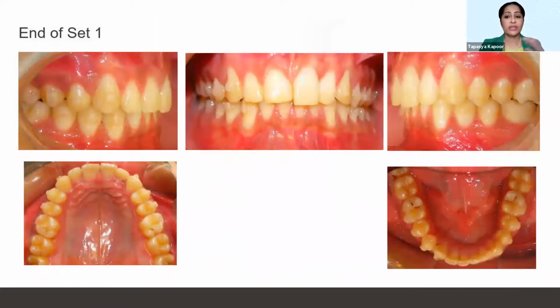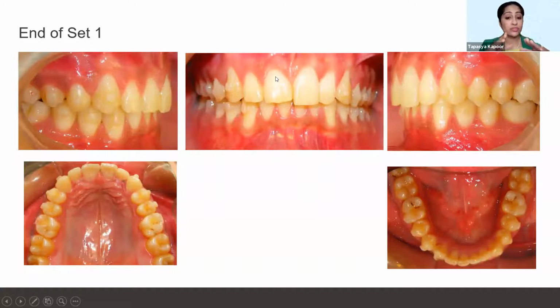This is how the patient looked at the end of the first set of aligners. You can see the gingival margins had aligned. This is what I had planned. But obviously, because this tooth is a short or attrition tooth, the incisal edges were not leveled. And also, we did need more root uprighting.